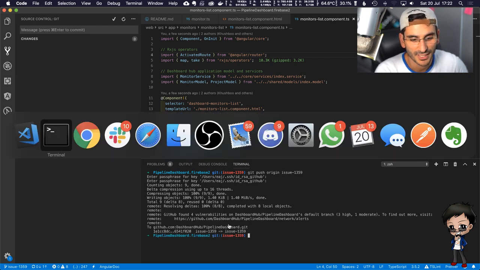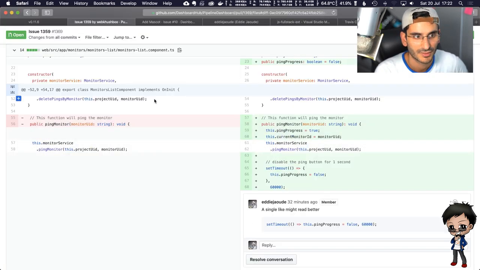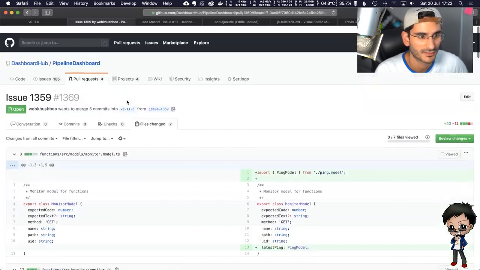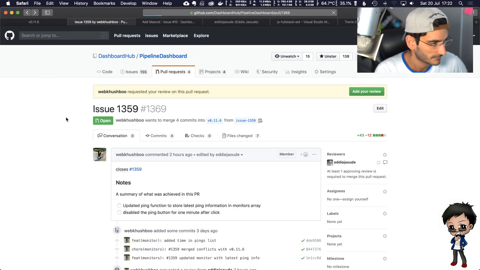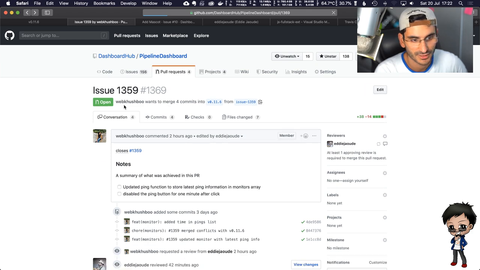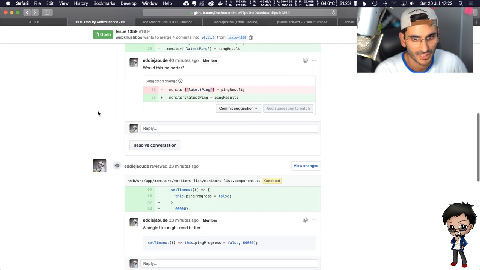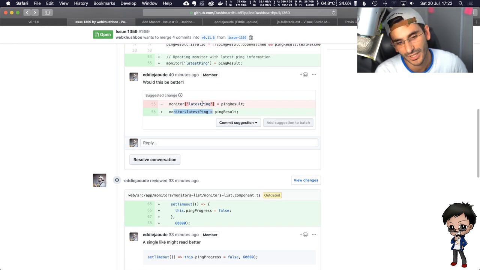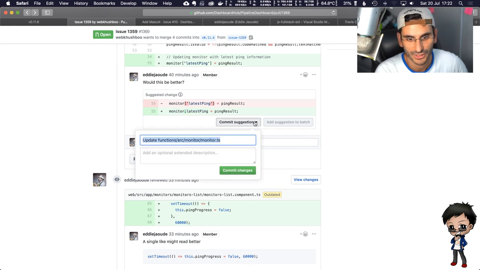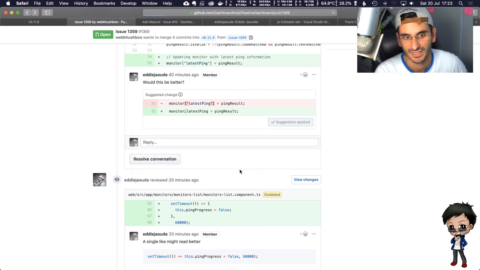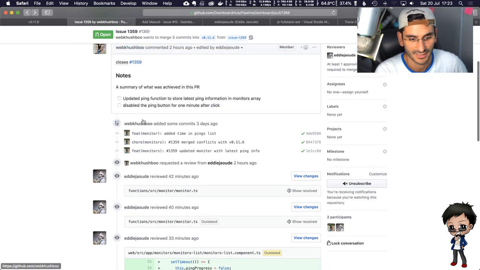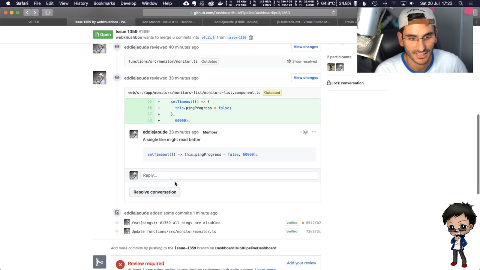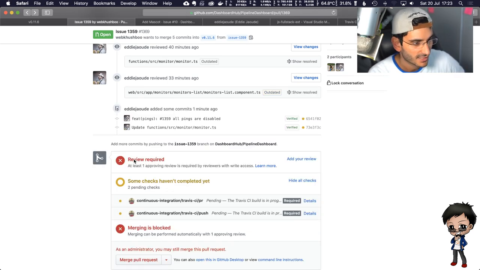So I'll just put a comment in and say, so if I go back to the pull request and refresh it, and then you'll see, did I change that one? Doesn't say out of date. I should have changed that in mine, which is really stupid, because then it could have. It's just commit suggestion. I don't know, let's just click that and see what happens. Does it do it? Guessing it does. Now it marks it as out of date. Okay, I've resolved that. Yeah, that's good to me, cool.